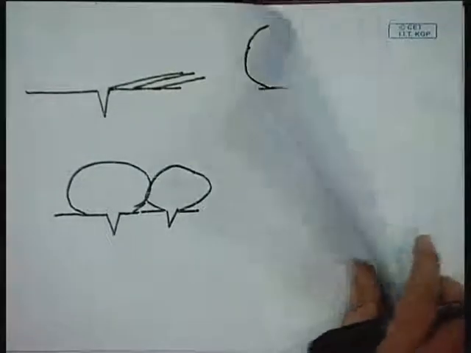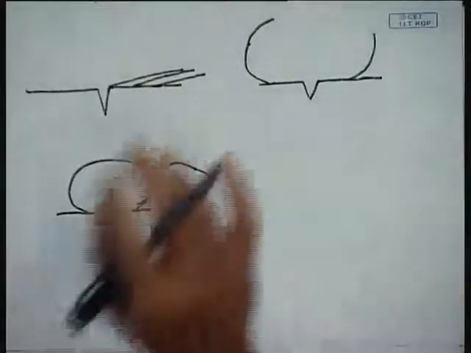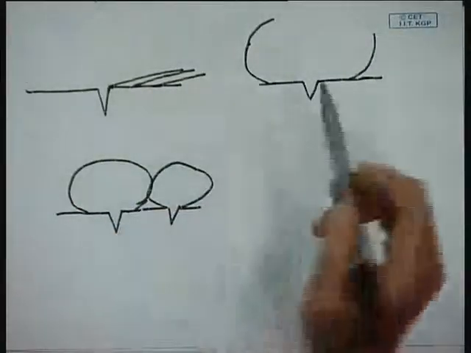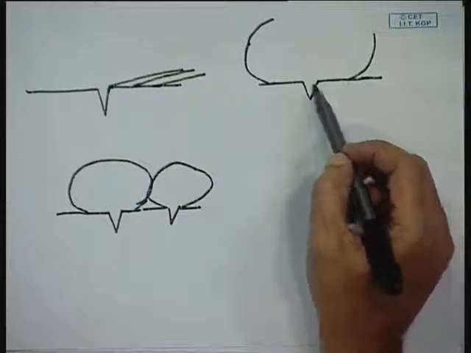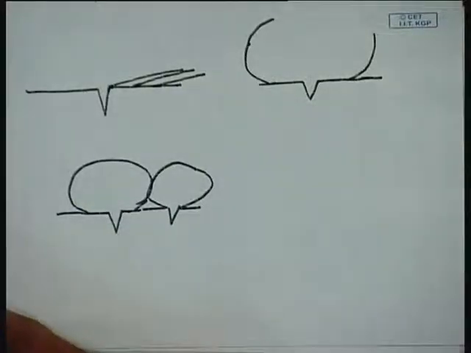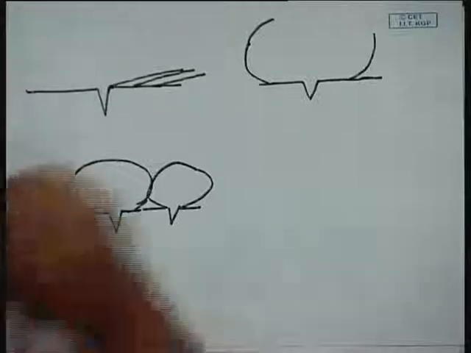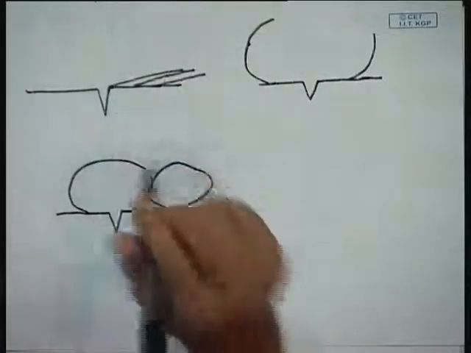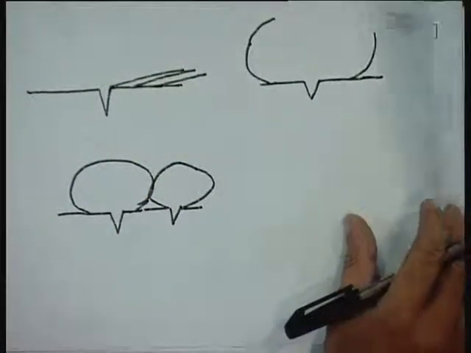Okay. That we will discuss later on. But what we have understood is that at the first stage of growth we will have inertia controlled growth. Why inertia controlled growth? Because the rate of heat transfer is quite high at the first stage. Then if we go to the second stage of growth,